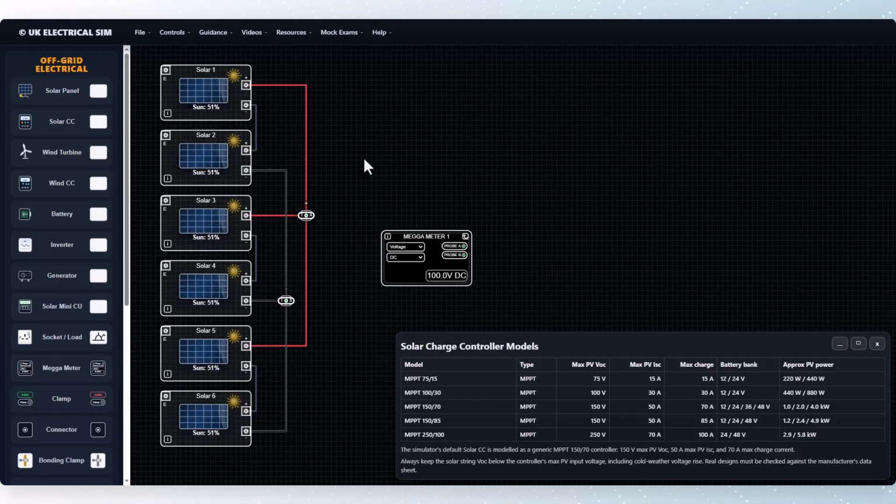This is the main design point for this video. We do not simply connect as many panels as possible in one long series string. We need to check the total open circuit voltage and make sure it stays within the charge controller's maximum input rating. In this example, 6 panels in series gave us around 300 volts, which was too high, but 3 strings of 2 panels in series gave us around 100 volts, which is far more suitable for the controller we are